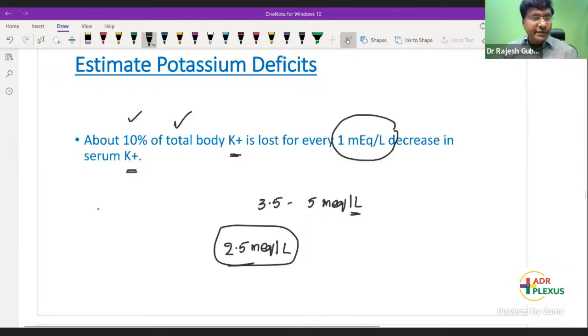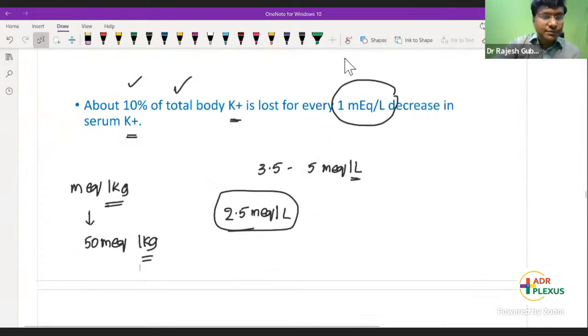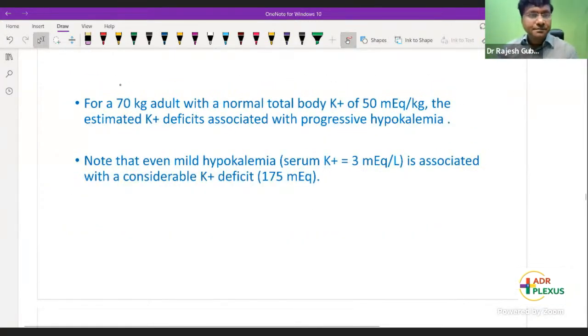And in case of milliequivalent per kg, what did I teach you? How much is the normal value of potassium in the form of milliequivalent per kg? It is 50. Normal value is 50 milliequivalent per kg. Right? Now, accordingly, what did I tell you? So, for a 70 kg adult with a normal total body potassium of 50 milliequivalent per kg, the estimated potassium deficit